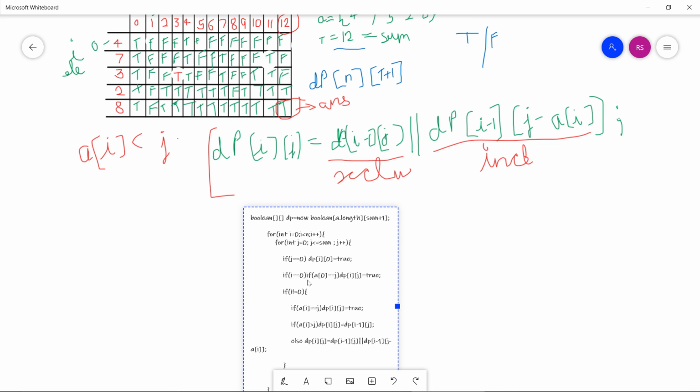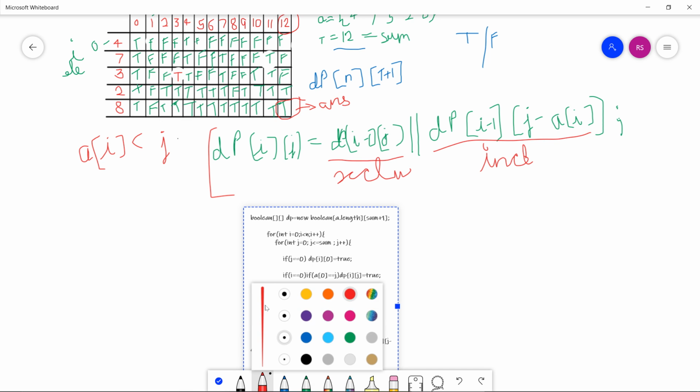So here true. If i equals 0, only when ai equals j, then true is stored. Otherwise our main logic comes in this part, the main logic.